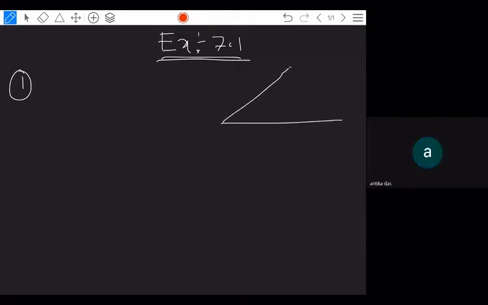Yes, sir. Now the figure is ACBD. This is the quadrilateral given to you. In this, AC is equal to AD, it is given, and AB bisects the angle A. So this is the complete angle A, and AB is bisecting it. So this angle is equal to this angle.